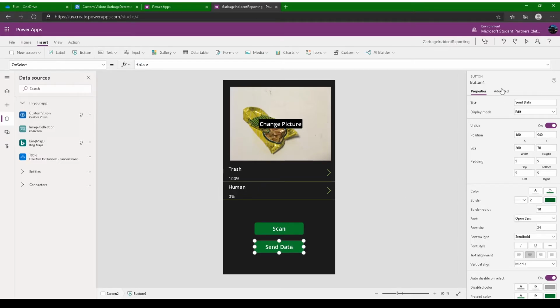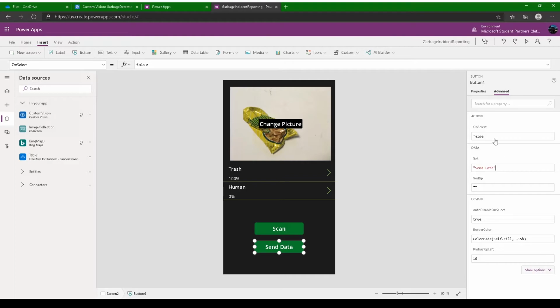For the OnSelect property, we'll use the Patch function with OneDrive. If you type Patch, the data source is the table name. Our table is currently Table1, so we'll use Table1, comma, Defaults, yes, we need to use Defaults, then again Table1,